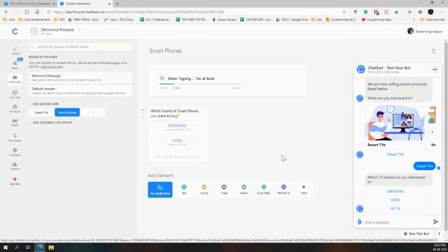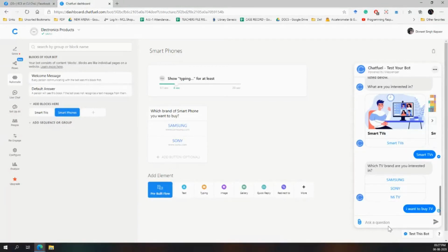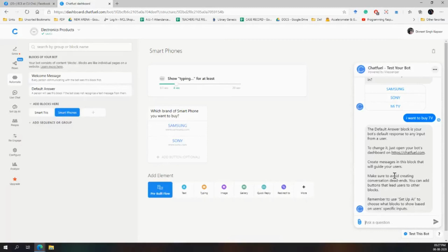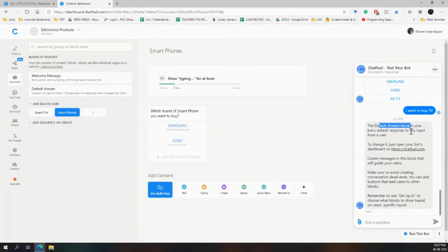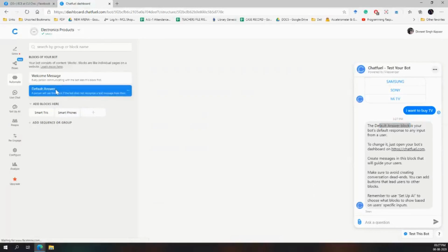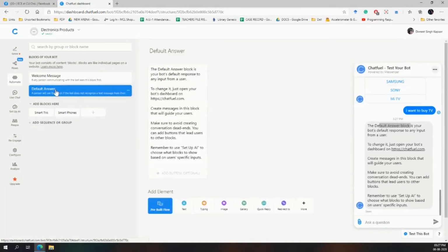Now the point is here. Let's say I type that I want to buy TV, right? It is not giving any of the options, so that means it is coming onto this default answer block. Now what is this default answer block? If your chatbot is not finding any of the words, if a word is not recognized or you have not entered it, it will open up this particular bot.